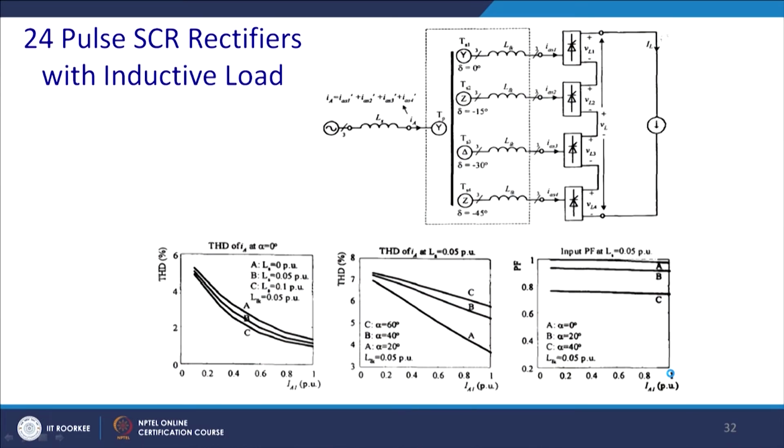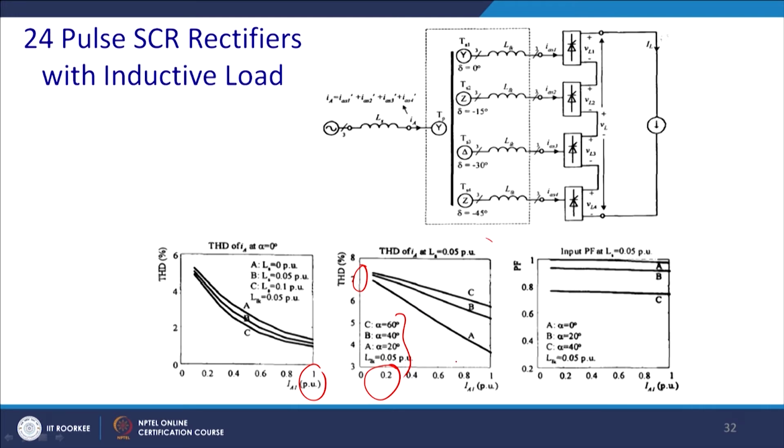Here the THD for alpha equal to 0 starts from 6%, and while you are increasing the load current, it comes below 2%, and you will get a different curve for different values of the source inductance. Similarly, for the same source inductance and different values of alpha, it starts from around 7% for very low input current, in a discontinuous conduction mode maybe. Thereafter, once it gets into the continuous conduction mode, this part is not plotted because of the discontinuous conduction mode in nature. So, gradually you can see that the THD gradually reduces.